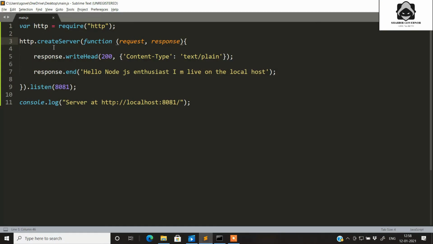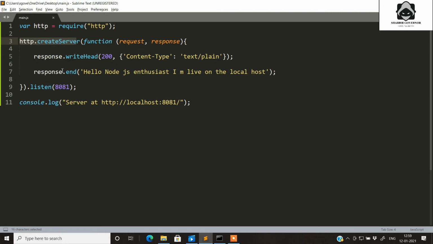Since Node is also a JavaScript framework, it is obviously going to use JavaScript. Here we have created a variable called http, which is attached to the library called with require. And with the help of that object we are creating a server. Inside we have a function with two arguments called request and response.